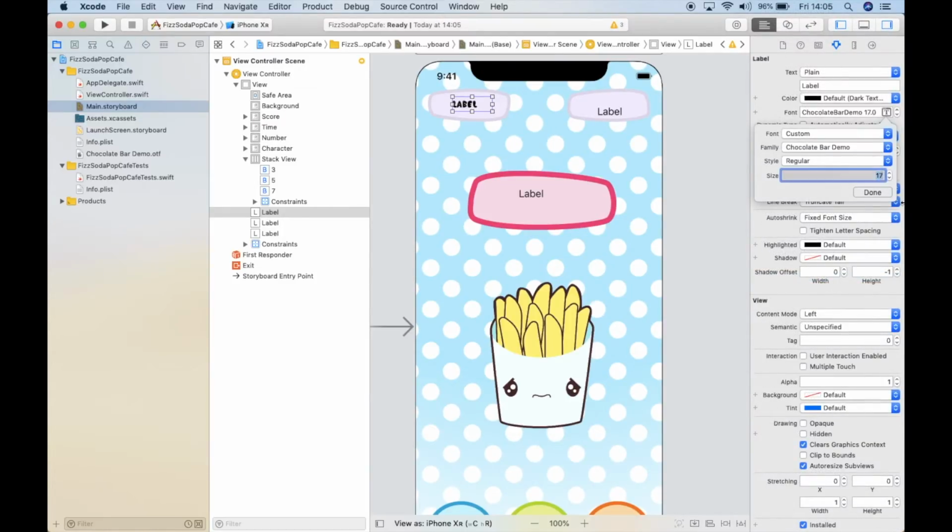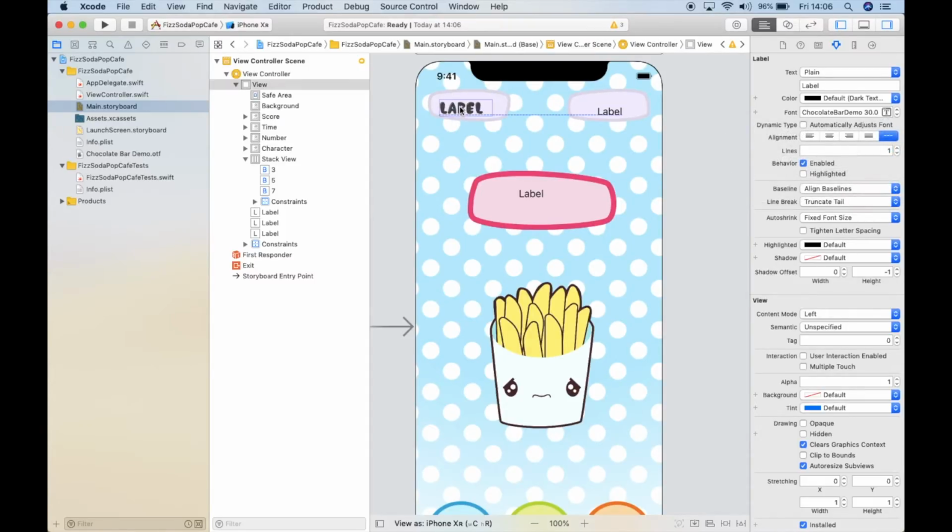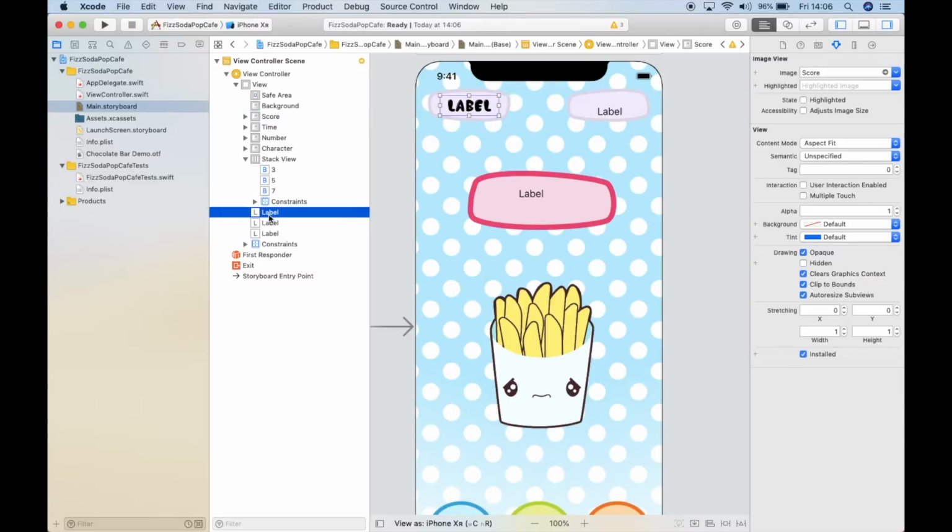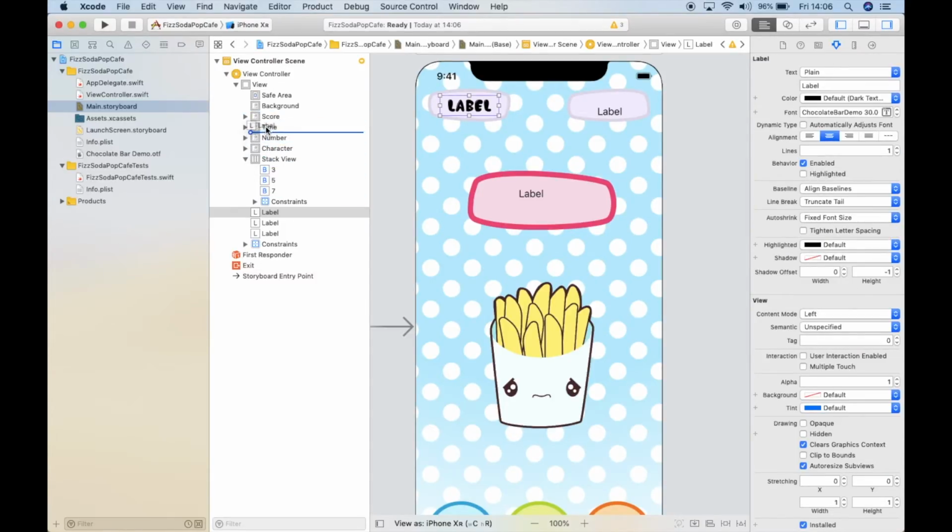And let's make it a little bit bigger. Let's say 25, 30. I guess 30 is big. I think it might be big enough. Just make sure it's a little bit bigger. Center it, and then center the text. And now what I need to do is find my score. So here's my score up here. My label's down here. So I'm going to just drag my label near my score